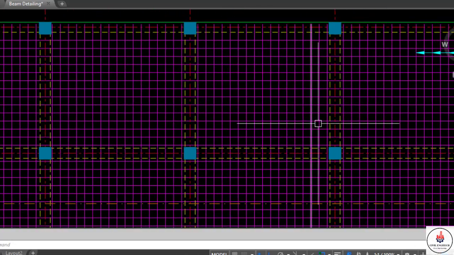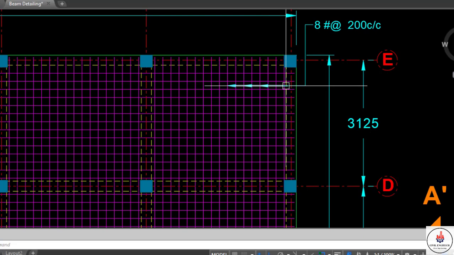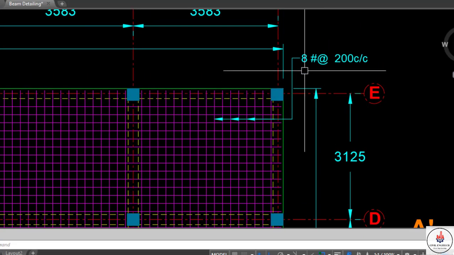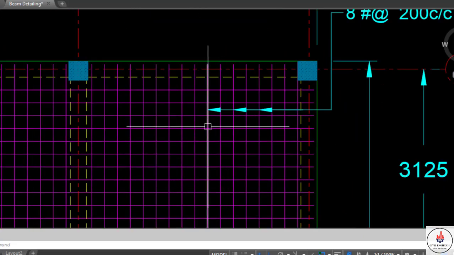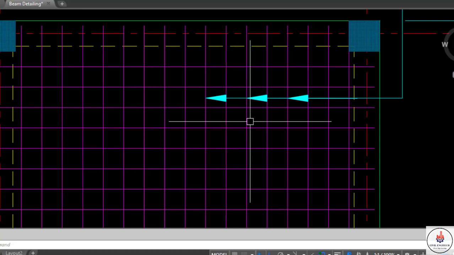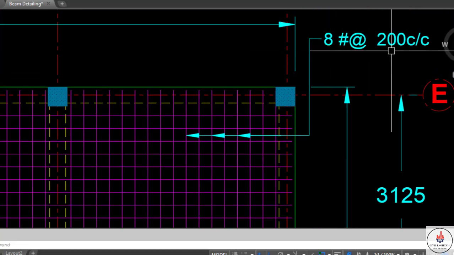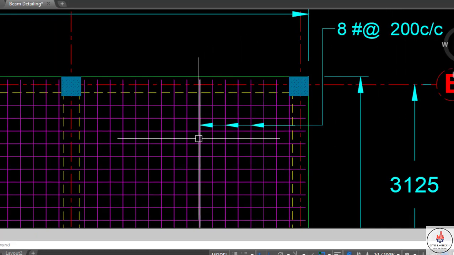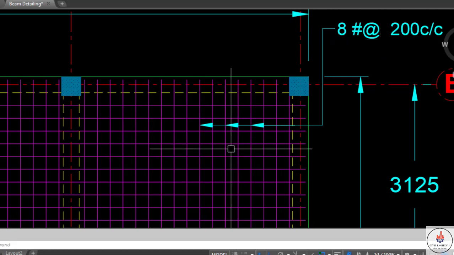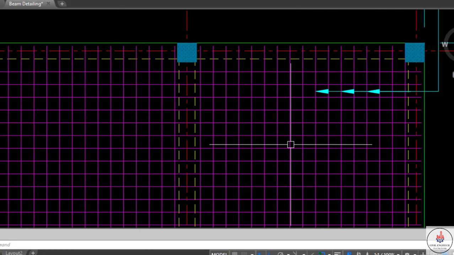All the vertical bars are also 200 millimeter apart from each other, as we are giving the spacing 200 center to center, 8 dia at the rate 200 center to center. So the bar diameter is 8 millimeter, and the spacing between these bars is 200 center to center.